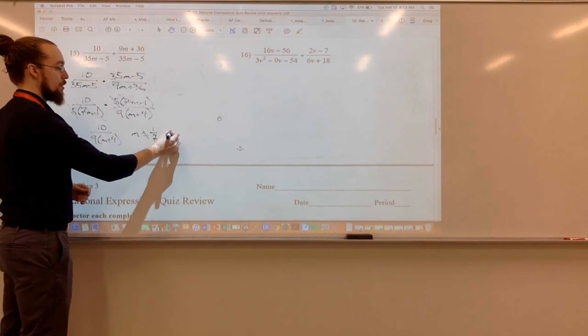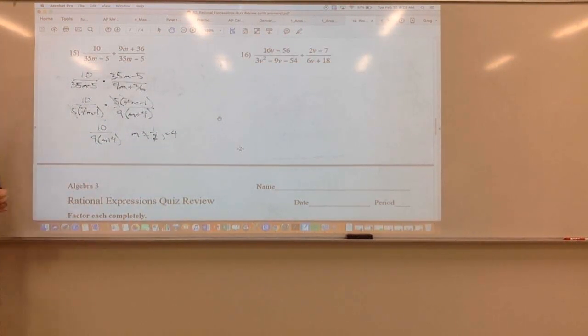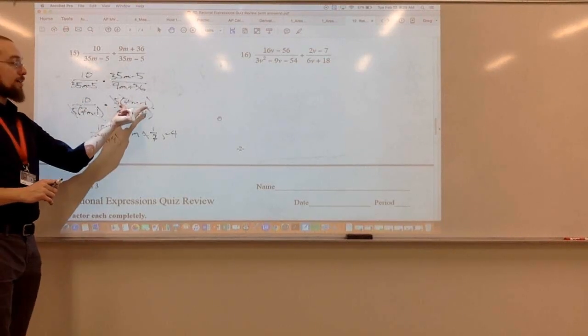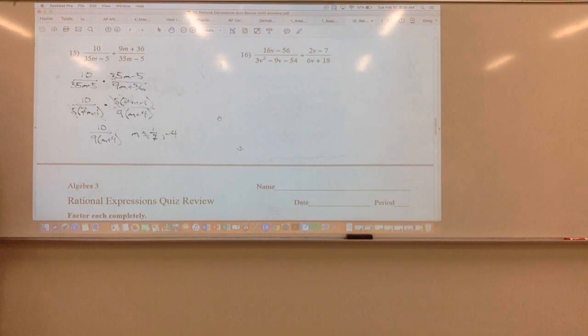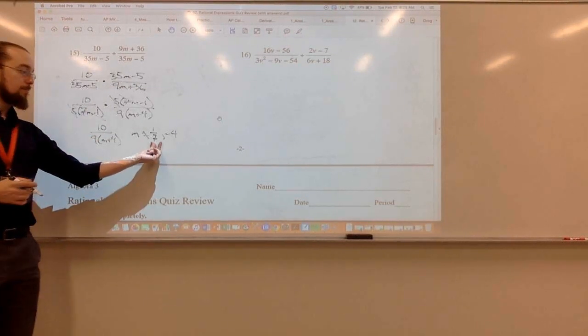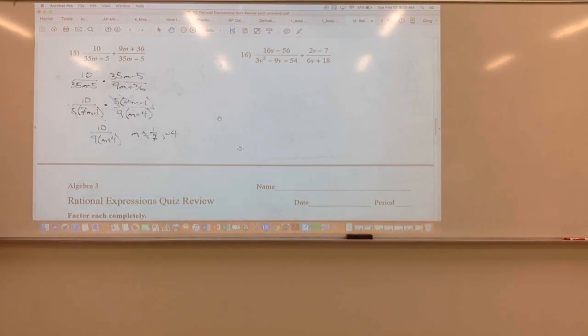The m plus 4 I would get negative 4. And then my other factor that was in the denominator, this 35m minus 5, we can see was 5 times 7m minus 1, which would get us the same restriction here, 1 over 7. Alright,